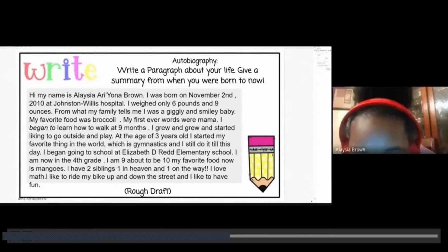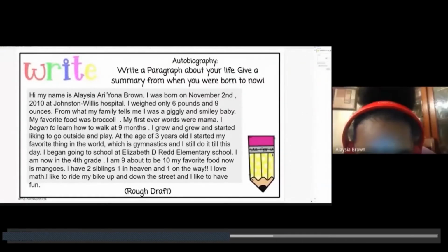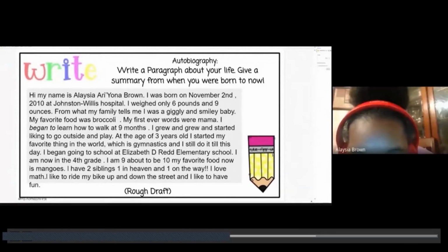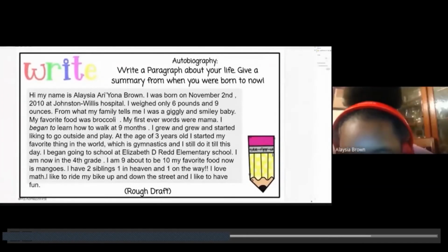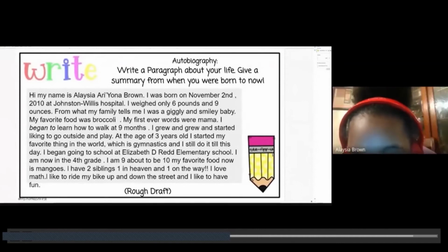At the age of 2 years old, I started my favorite thing in the whole world, which is gymnastics, and I still do it till this day. I began going to school at Elizabeth B. Red Elementary School. I am now in 4th grade. I am 9, about to be 10. My favorite fruit now is mango. I have 2 siblings, one in heaven, one and one on the way. I love math and I like to ride my bike up and down the street, and I like to have